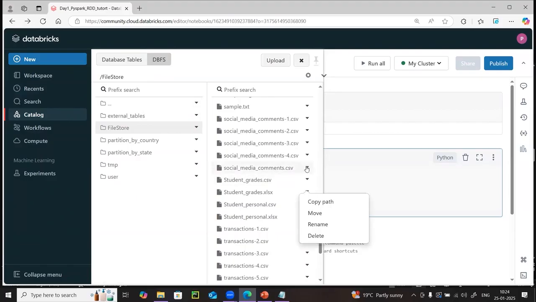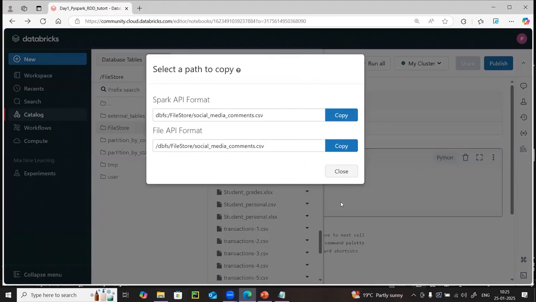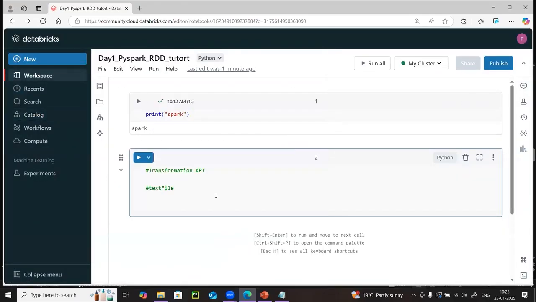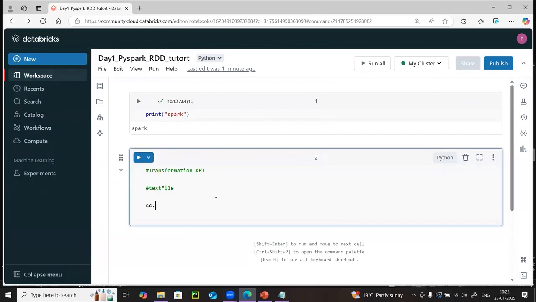Simply click this drop-down option. You can find something called copy path. Click on that, and it will display two different formats. One is a Spark API format and another one is a File API format. Now we need the Spark API format, so click on copy. Okay, close this. So now I'm going to write